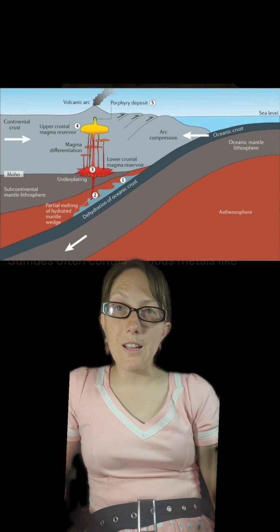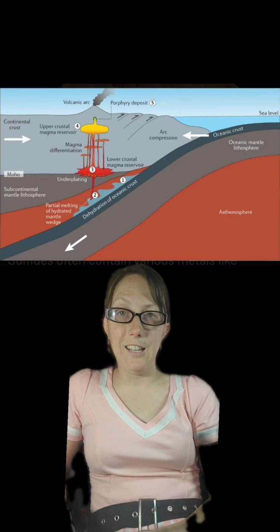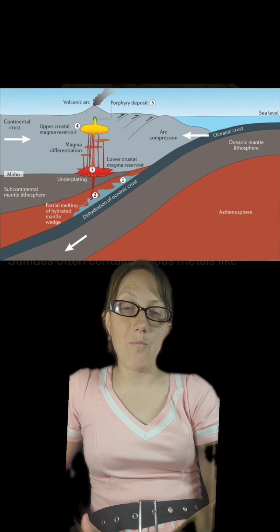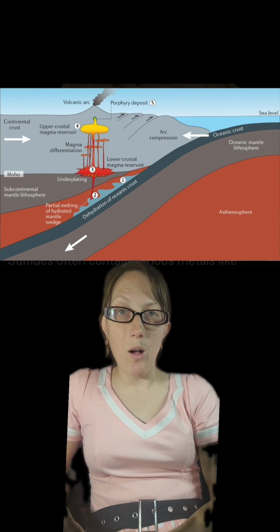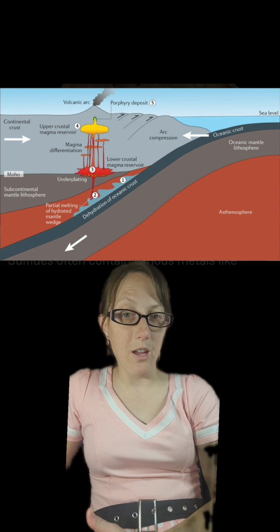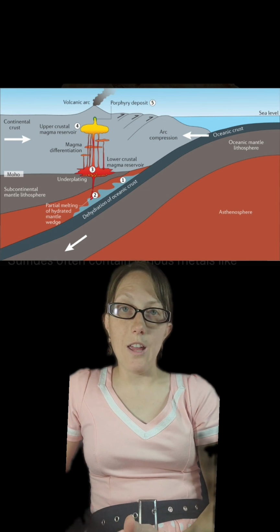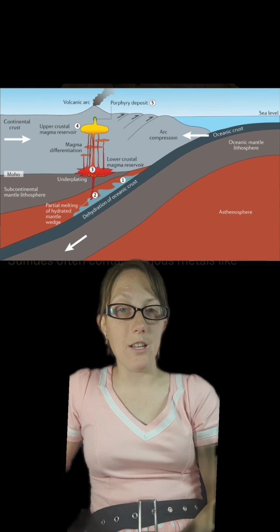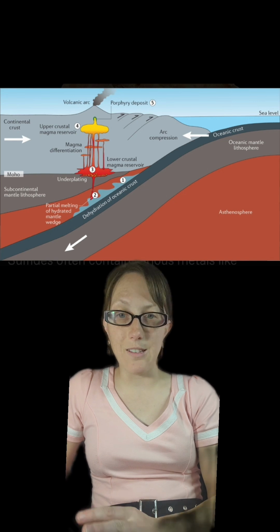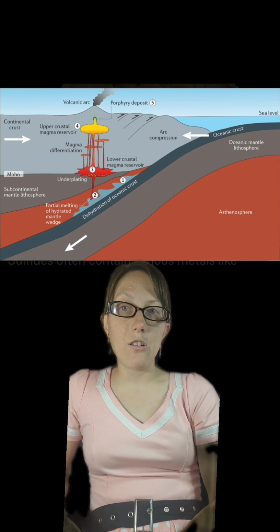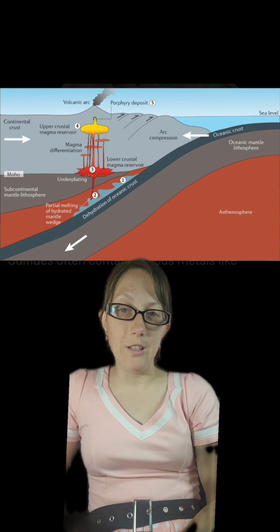Then we have some deposits that are directly associated with plate tectonics, specifically convergent plate boundaries. The leading source for copper ore comes from convergent plate boundaries in deposits known as porphyry copper deposits. These typically form as hydrothermal deposits, things like hot springs, which were caused by partial melting of the crust,